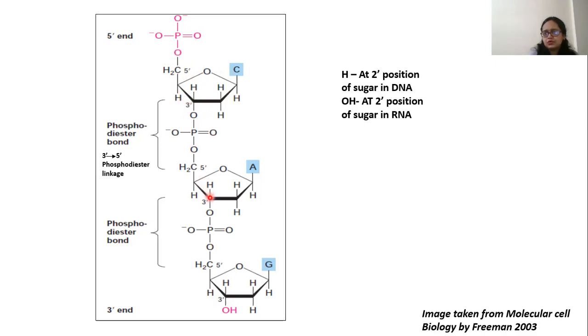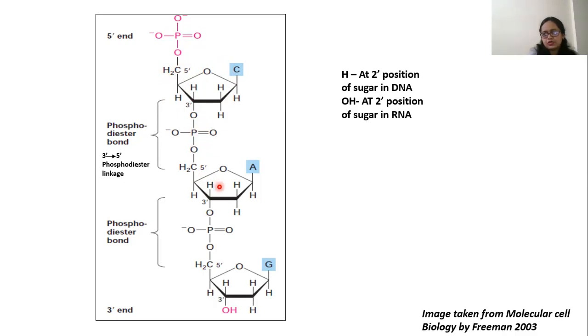and the other nucleotide. Now why are we saying it is a nucleotide? Because at the 5' position of the carbon, a phosphate group is present. When there is no phosphate and there is only sugar and the nitrogenous base, then it is a nucleoside. And when at the 5' position a phosphate group is present, then it is a nucleotide. So these nucleotides are linked by phosphodiester bonds.